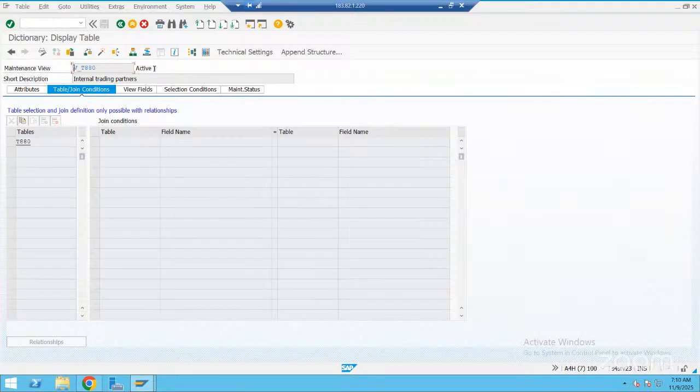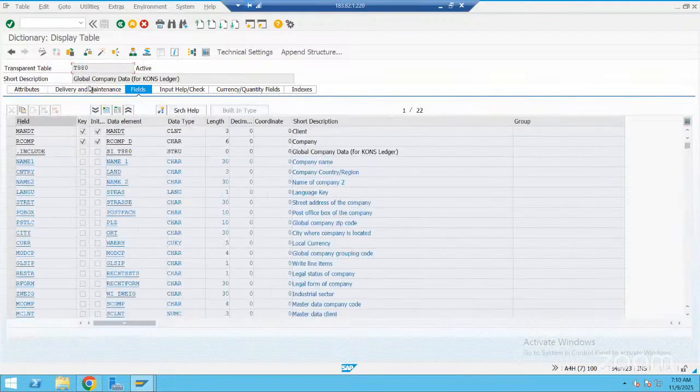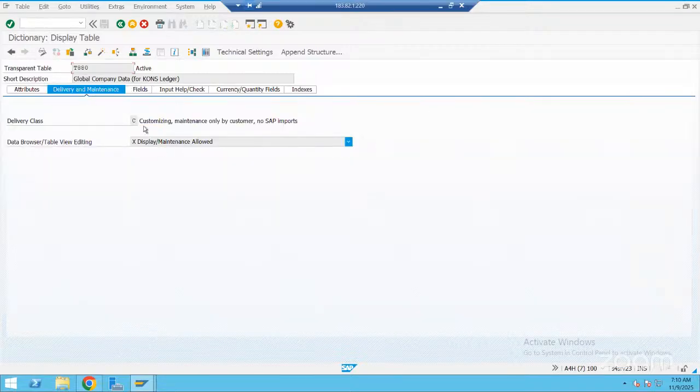I was telling you this is customizing data. How can you cross verify here? Go to here. Do you see C here? Not A, because C is customizing data. This is what I was telling: company code, plant, storage location, company.